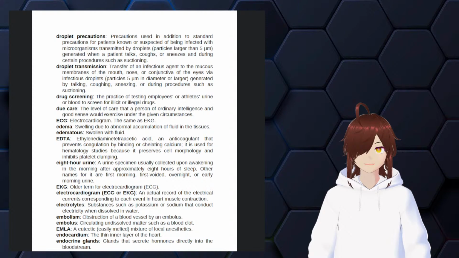EKG, older term for electrocardiogram, ECG. Electrocardiogram, ECG or EKG, an actual record of the electrical currents corresponding to each event in heart muscle contraction. Electrolytes, substances such as potassium or sodium that conduct electricity when